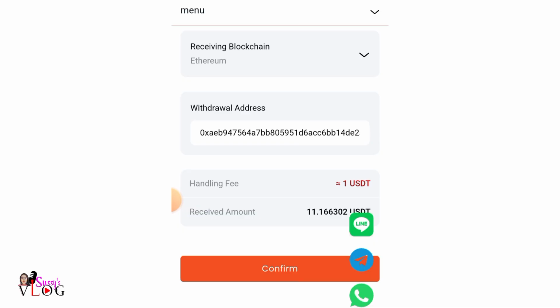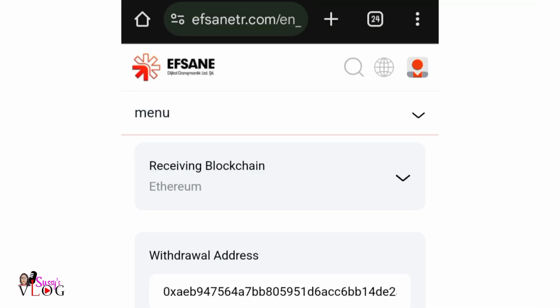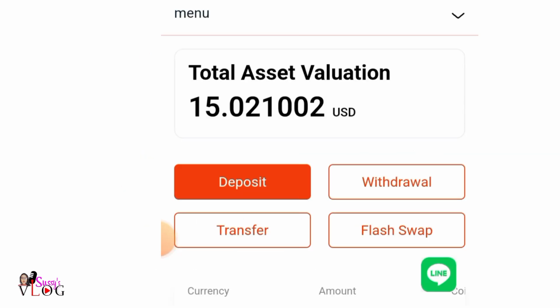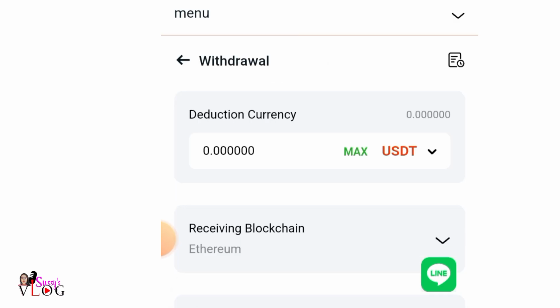I even tried opening my account through Chrome and then Kiwi browser, back to back, before it finally got opened. It sent me a verification code as a message, and then I inputted it. So just to show you that it showed withdrawal submitted, I'm going to go back now and click on withdrawal and I'll click on max,